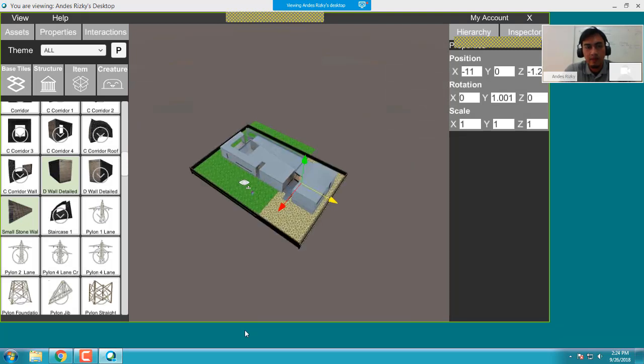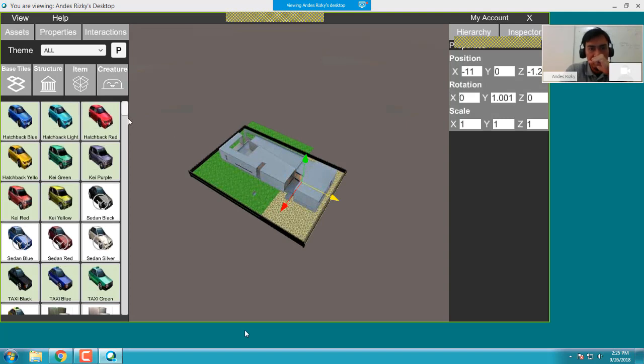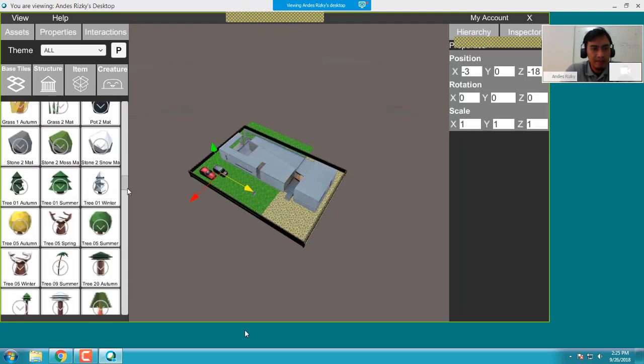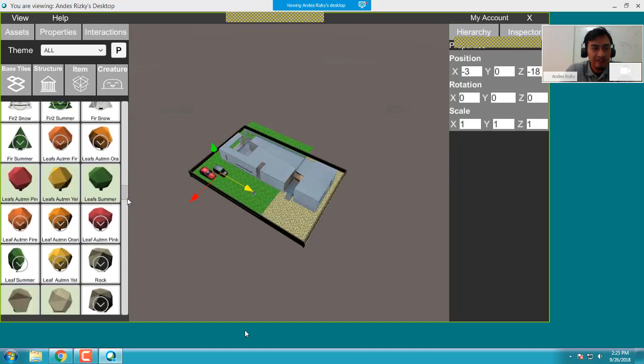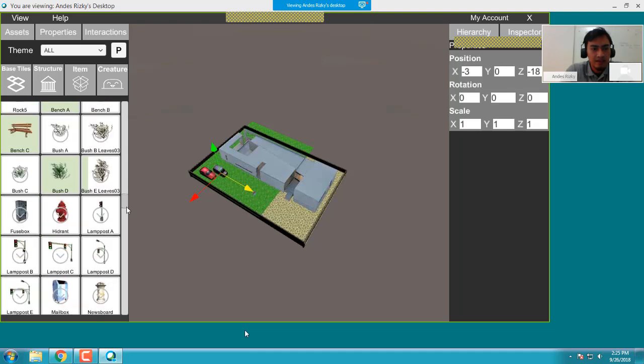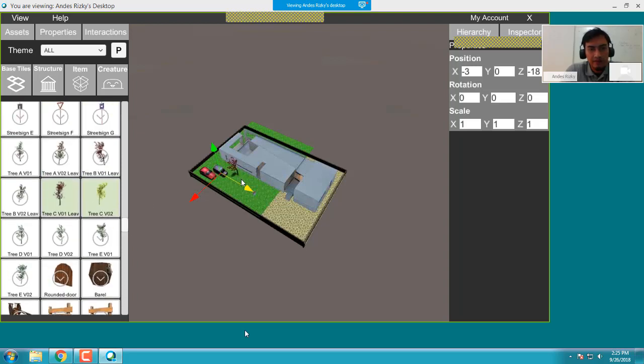And here, this item, you can upload any assets you want. For example, you can put this red car and this purple car, and there are so many choices. It depends on your creativity actually. Yeah, you can. So you can put this leaf, this tree,